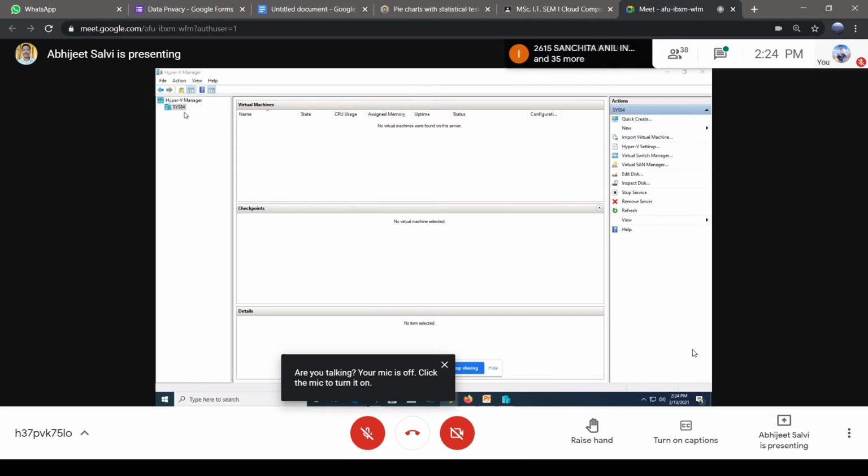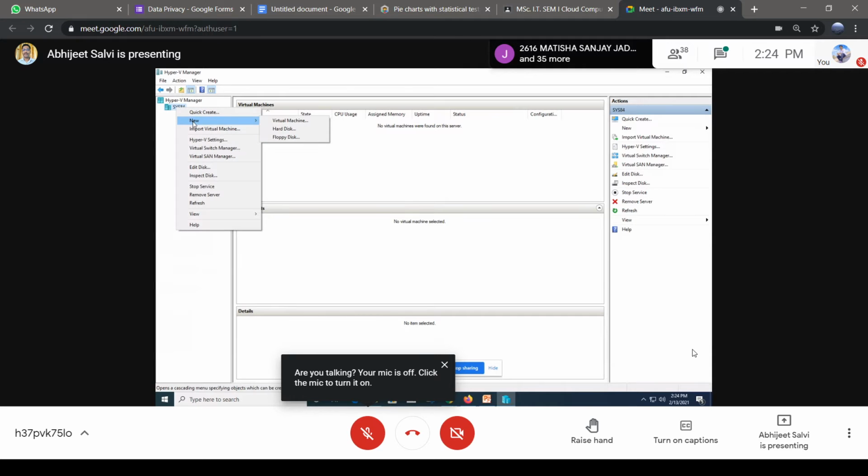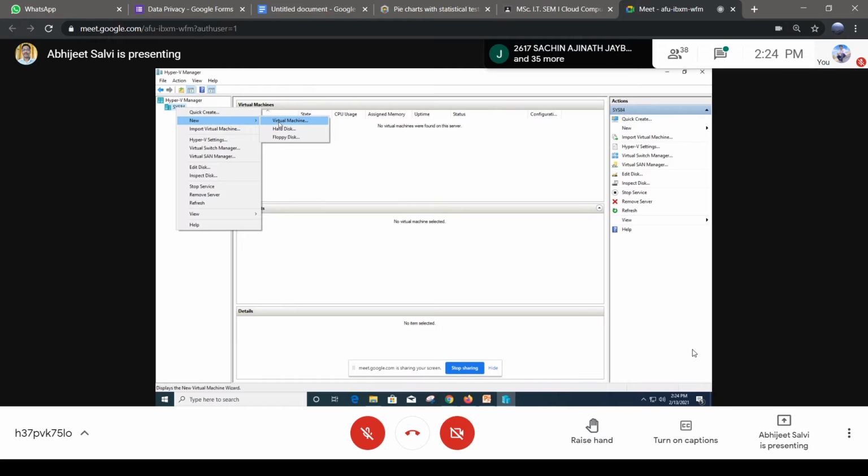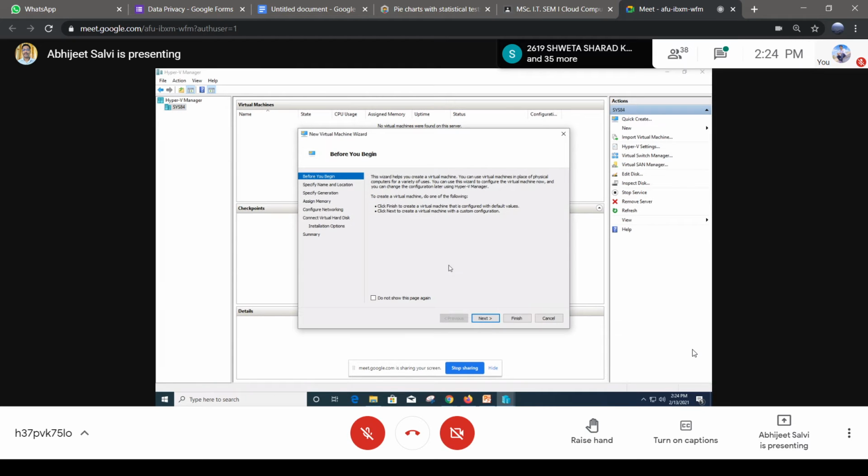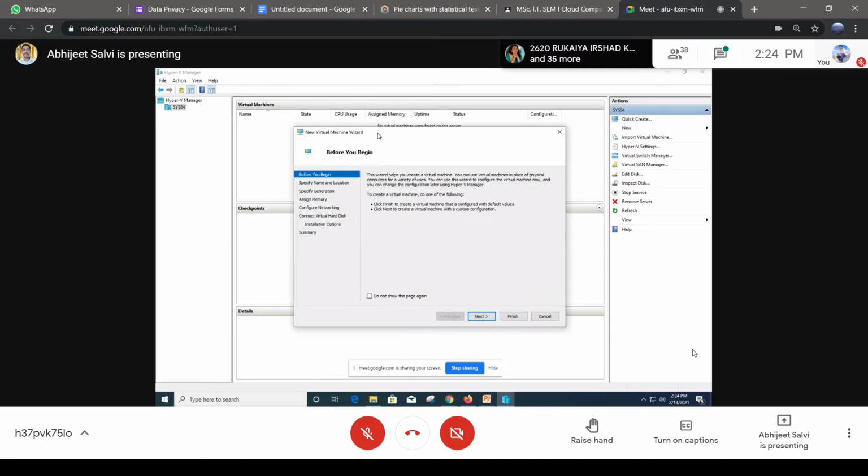Now what we'll do actually, we have to select this Hyper-V Manager. Right click here and then select New, Virtual Machine. Like we used to do in VMware also to create a new virtual machine, we have to go like this. So same manner over here. Hyper-V Manager, New, Virtual Machine. It prompts us with a wizard.